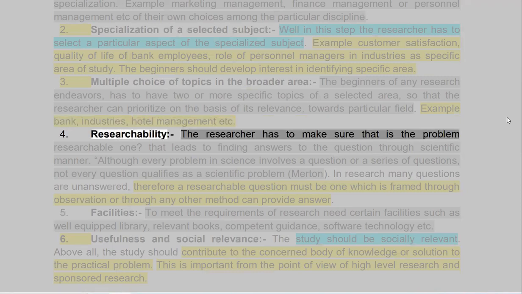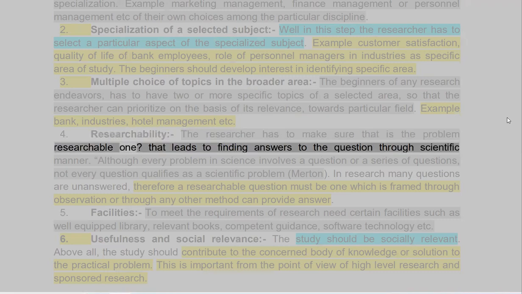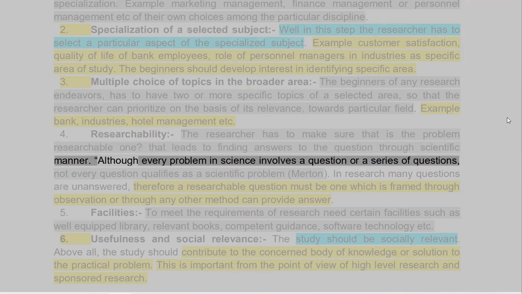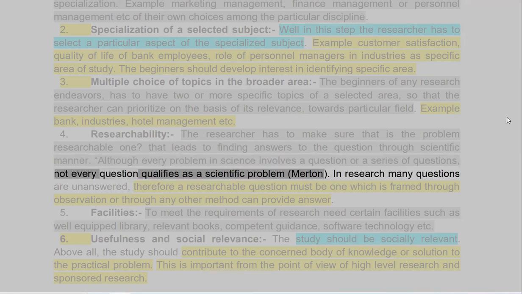4. Researchability. The researcher has to make sure that the problem is a researchable one, that leads to finding answers to the question in a scientific manner. Although every problem in science involves a question or a series of questions, not every question qualifies as a scientific problem, Merton. In research, many questions